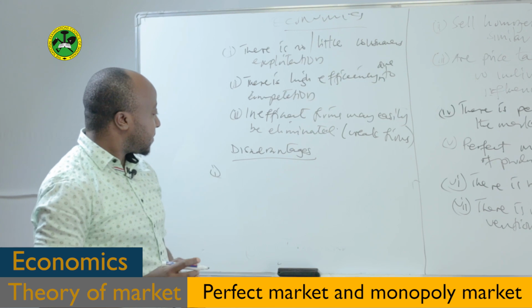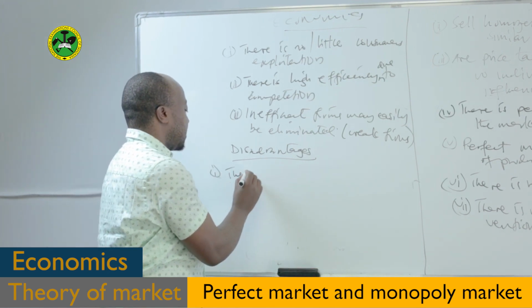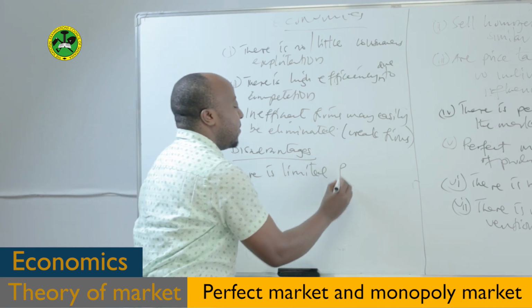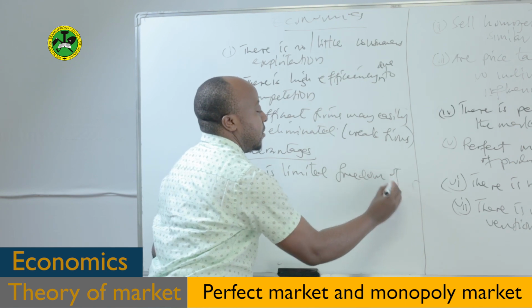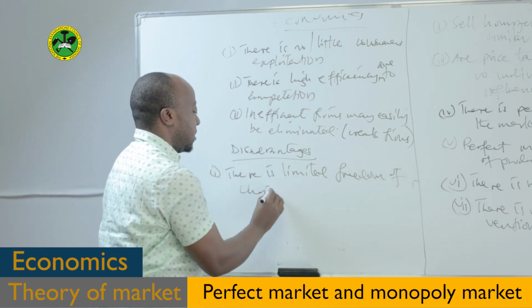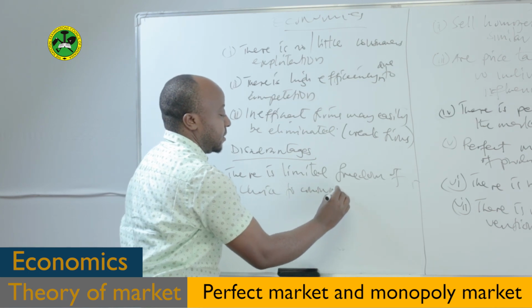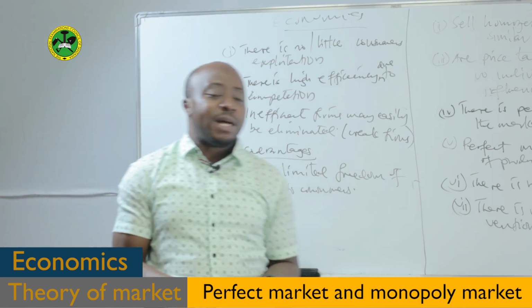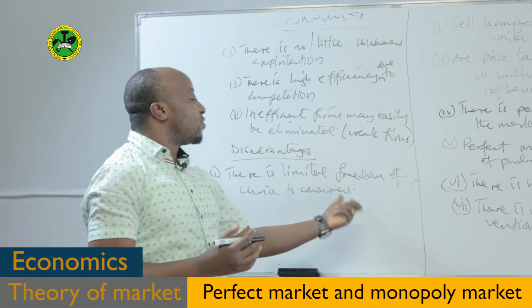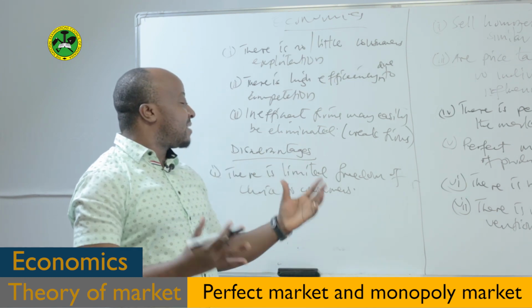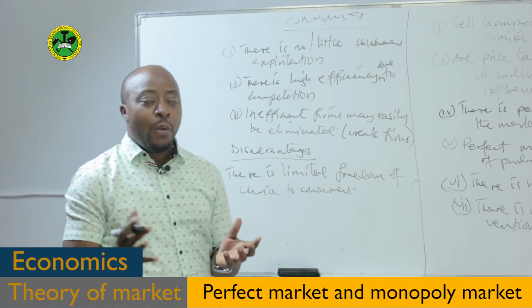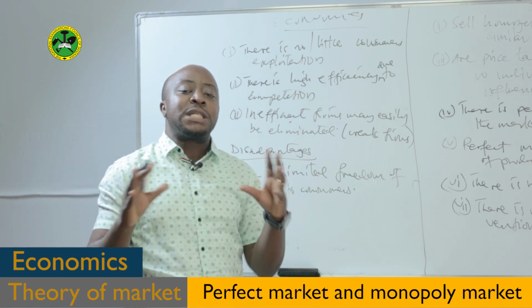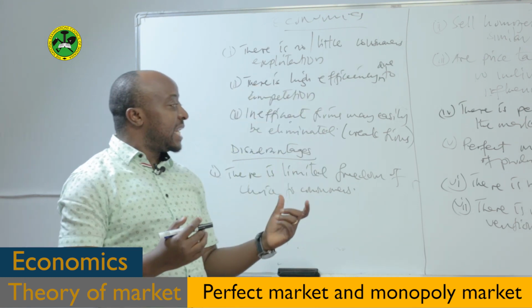In this market, there is limited freedom of choice to consumers. Consumers' freedom is determined by the varieties of commodities in the market. When the market has varieties of goods and services, we expect that market to have maximum freedom of choice to consumers. But if the market has limited goods and services, remember we said in this market